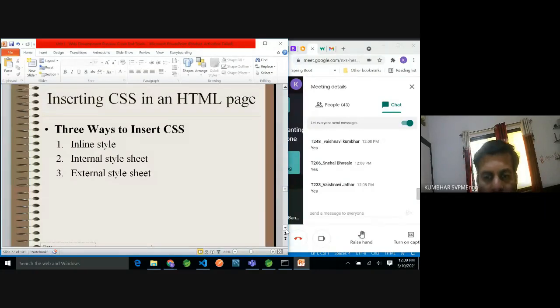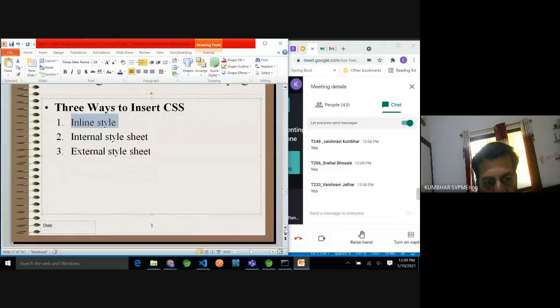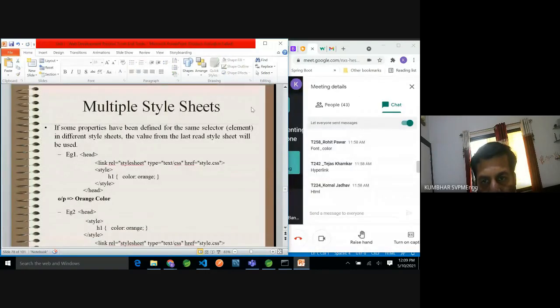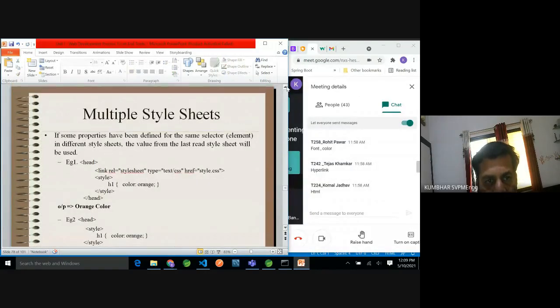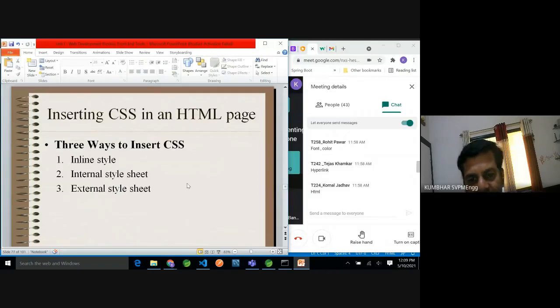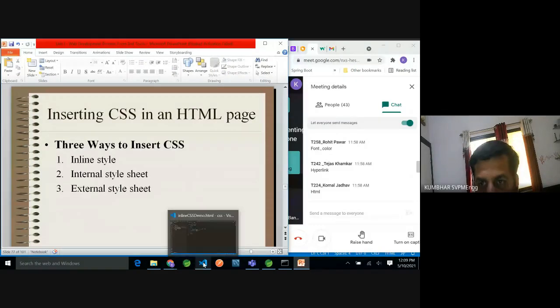So let's go one by one. Very basic is the inline. Probably in some of the previous code we might have used that inline style. So let's go for it. Okay, I think there is no sheet here. We will go here